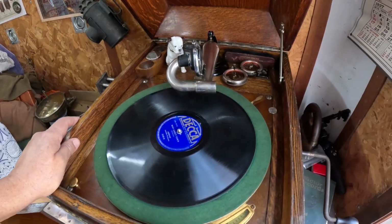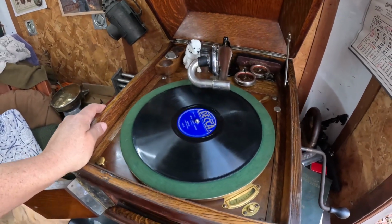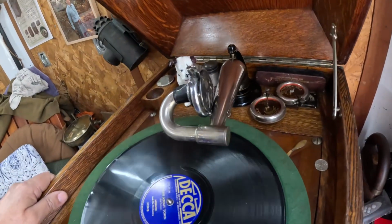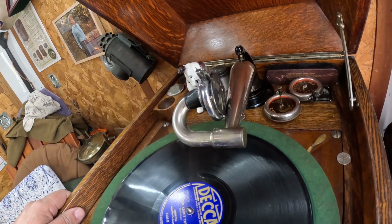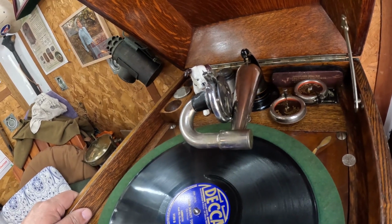This is a Man About Town. Just a few records that I know play well, and we'll listen to how it sounds. It was a lot of work putting this together, probably more than I should have done. But I like a challenge occasionally, and I did seal it up in there with some beeswax because it seemed